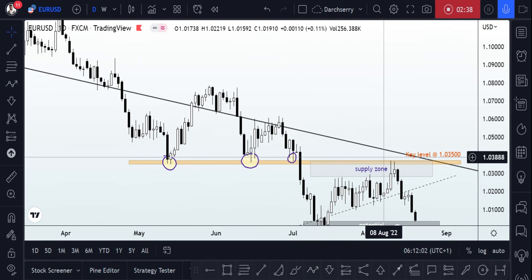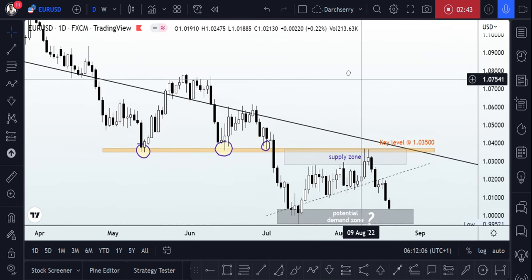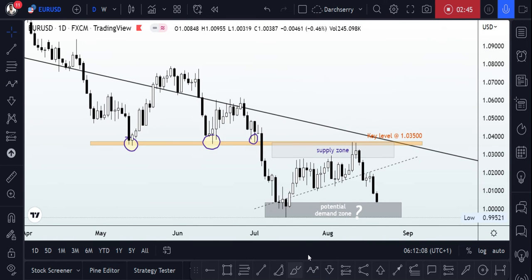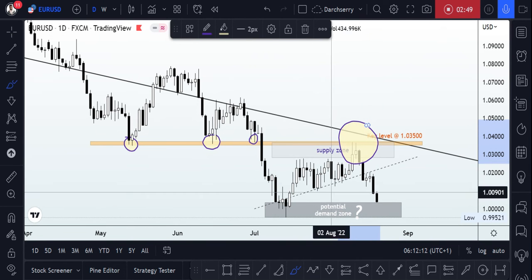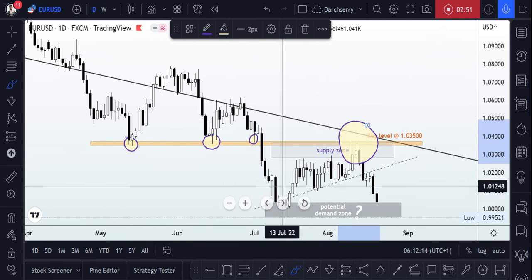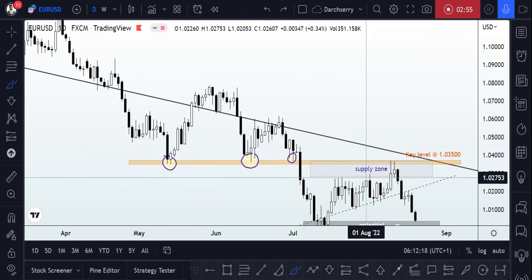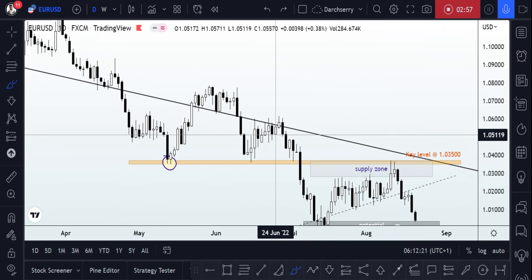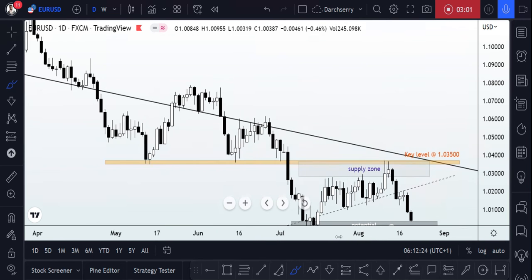And if we look at the key level here, we can see that it also shares a confluence with the bearish trend line identified on the weekly time frame, making that area a very significant level to work with going into the new week. So with the key level identified here,